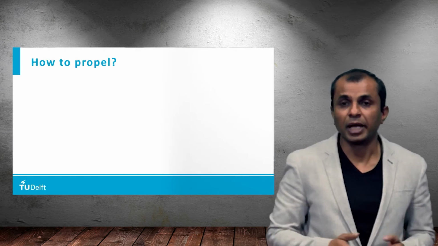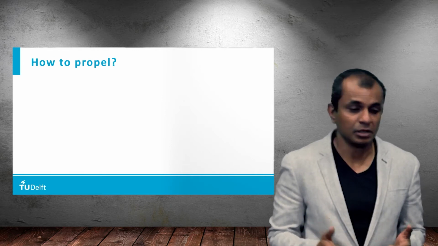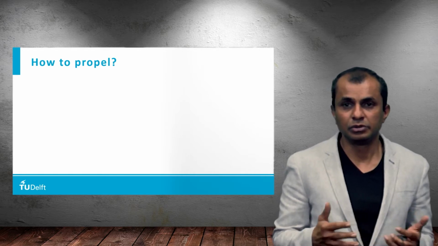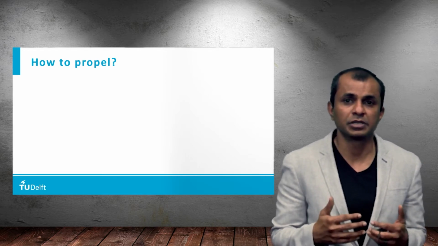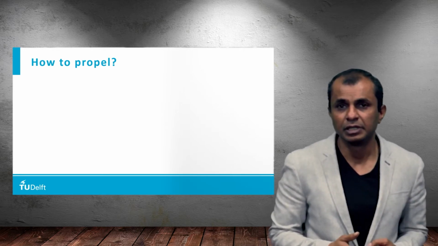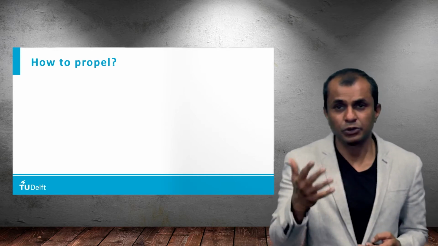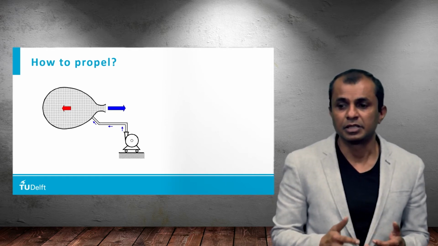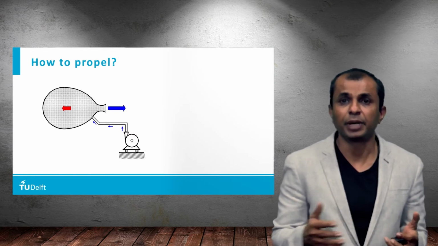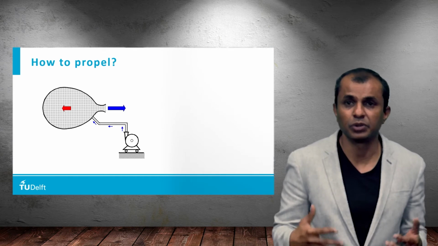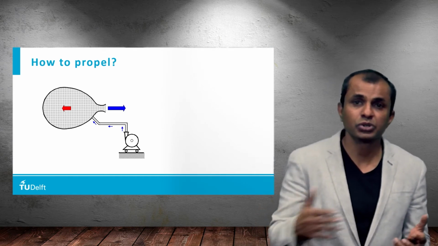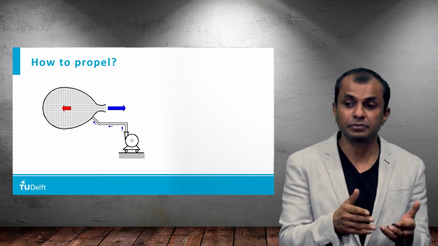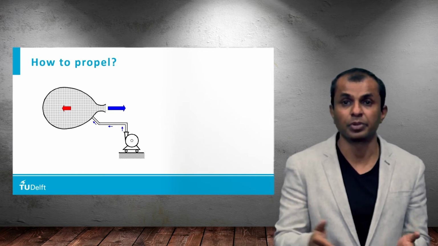So now let's again come back to this example of the balloon. As I said, the balloon just went a couple of meters far from me. But if I want to do a theoretical exercise of, say, I want this balloon to go as far as possible, then what else can I do? Scratch your heads and see what solutions you come up with. One of the solutions could be that this balloon is connected with a pipe to an external compressor. The compressor is producing high pressure air. This high pressure air goes to the balloon via this pipe, and then the balloon creates this jet, and this jet propels the balloon forward.